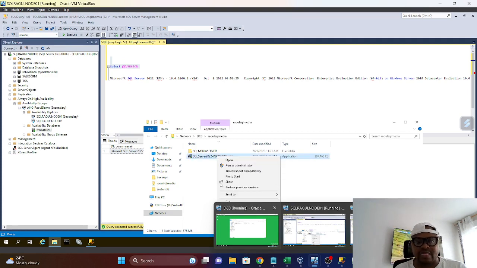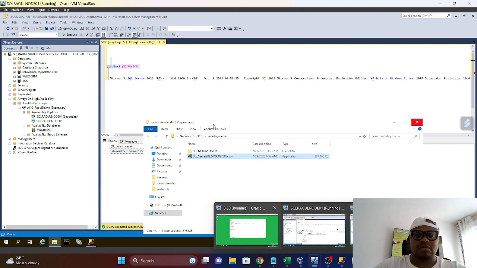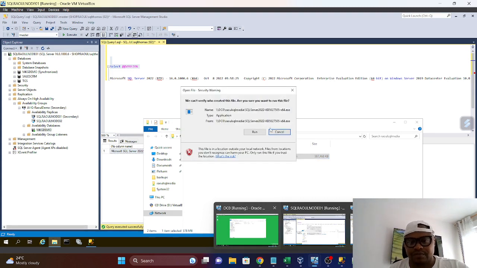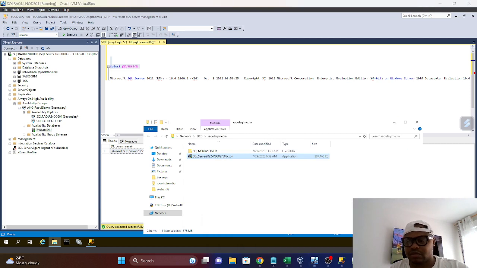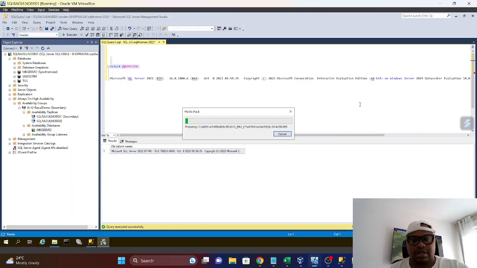So right click, run as administrator, and then run. Yes. And then the hotfix pack